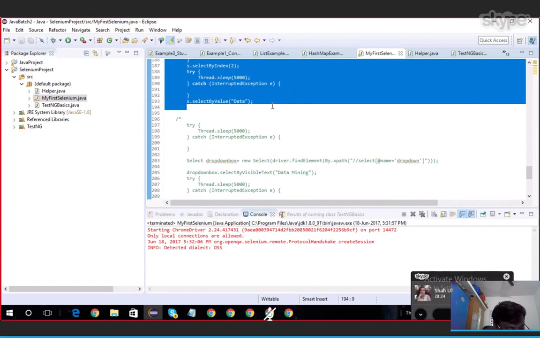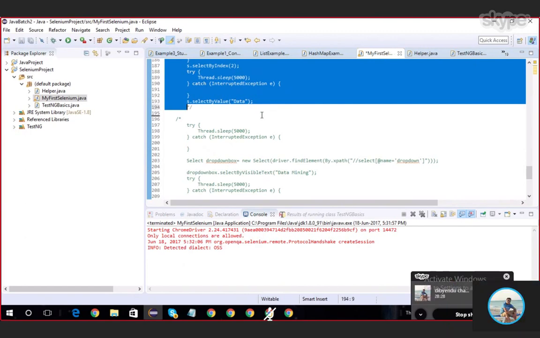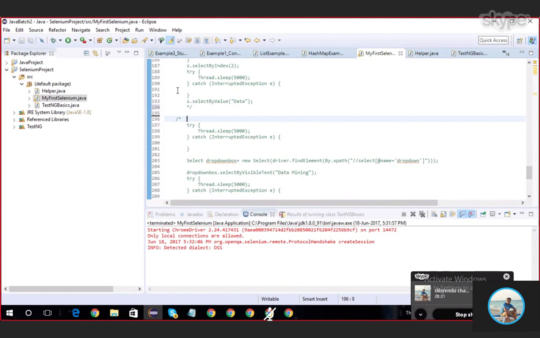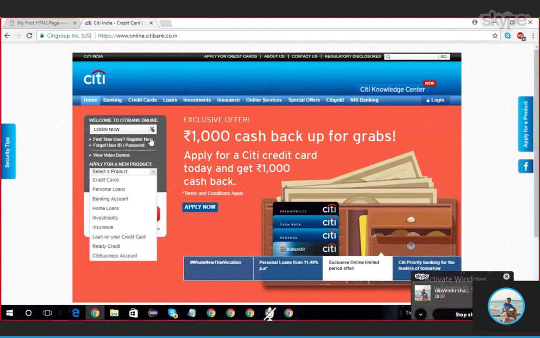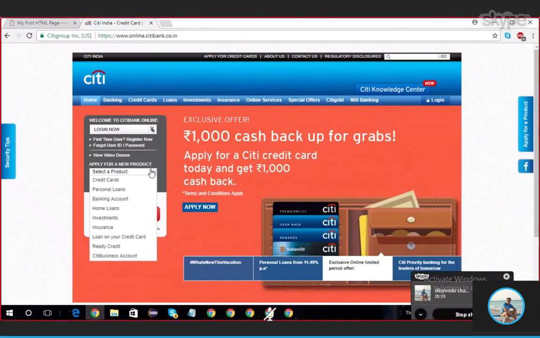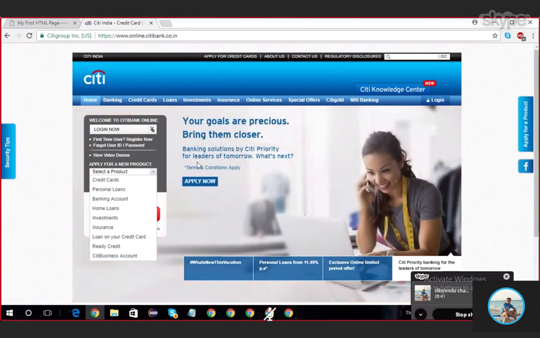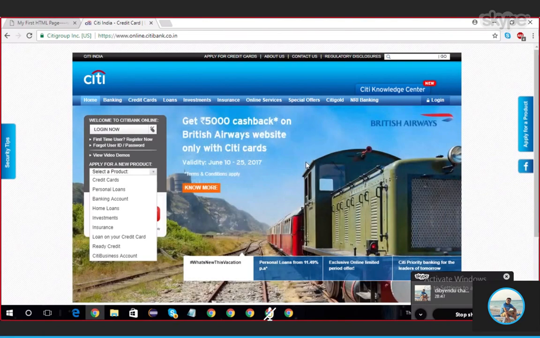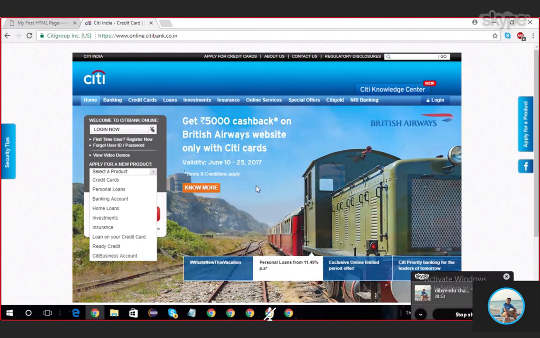I have one question, Venkat. This is clear. In a web page there will be a lot of different types of operations, like the one you have shown for the drop down. I'm talking in general: there will be a lot of other different functionality in any web page. So how will we know when to use what?